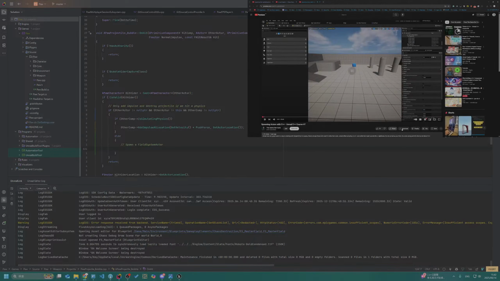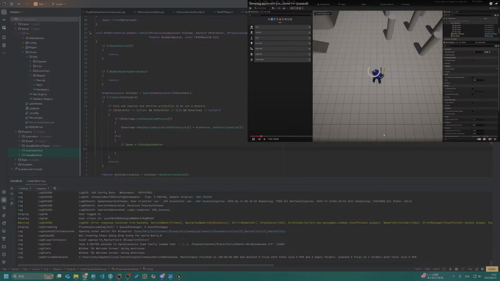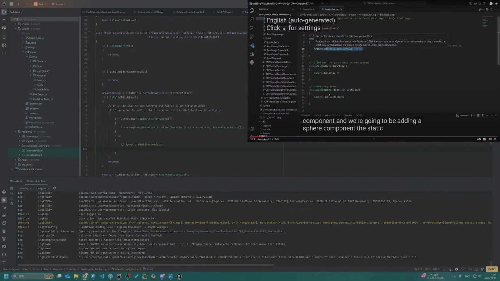Let's talk about spawning in the bullets for our game here. Big components. The static mesh is here.